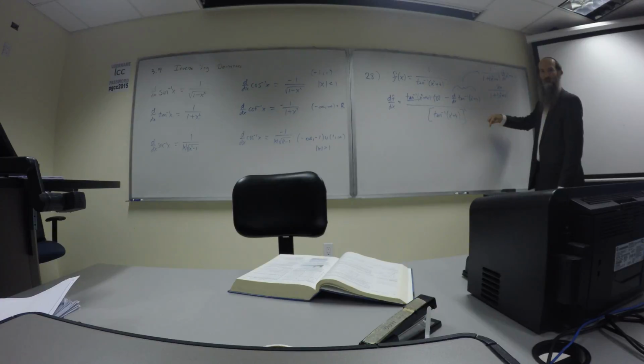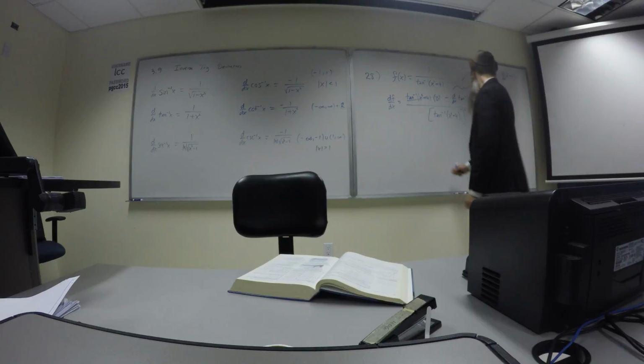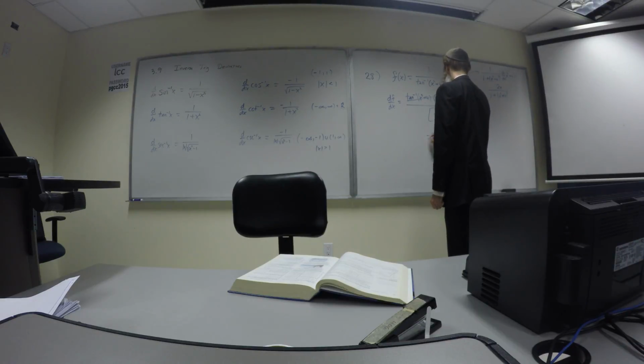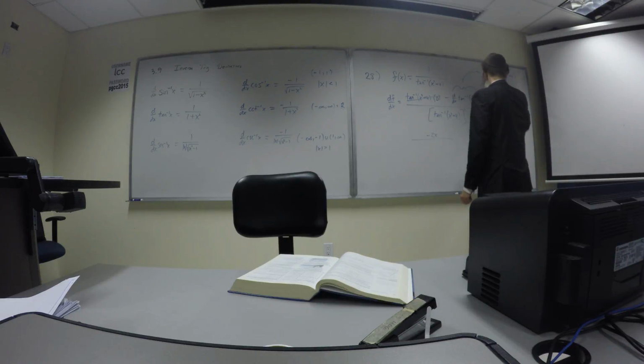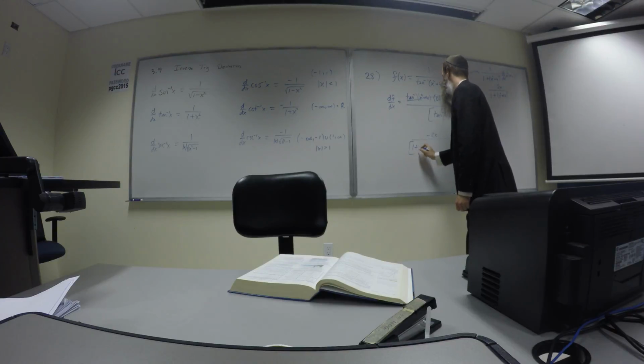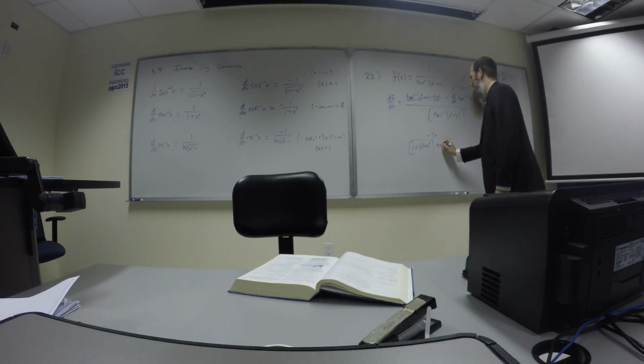Times the derivative of that inner. Okay. The inner was just the x squared plus 4. This square is due to the tan inverse formula. So it should read negative 2x over this denominator, bracketed, 1 plus x squared plus 4 squared, times this thing that is left down there, tan inverse of x squared plus 4,